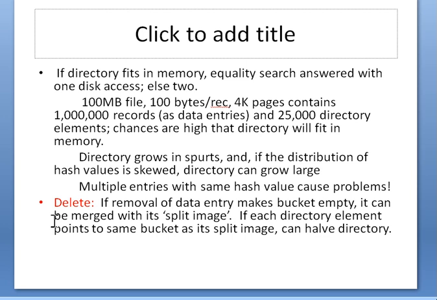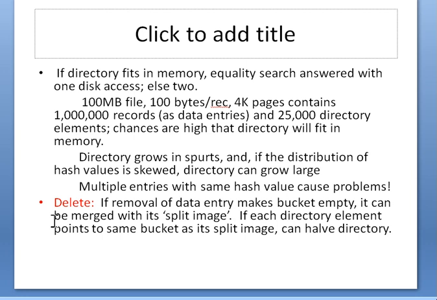If the directory is sitting in memory, an equality search is answered with one disk access, or else 2, because the directory size is small. For example, a 100 MB file with 100 bytes per record and 4K pages contains 10 lakh records, and it has about 25,000 directory elements.